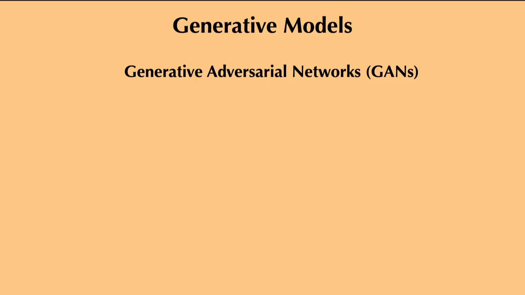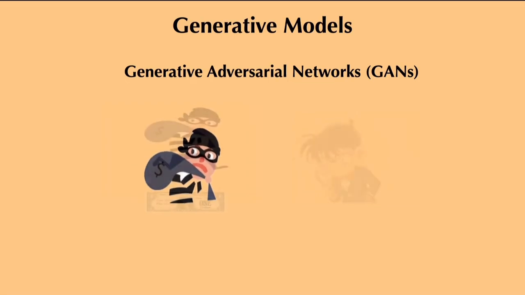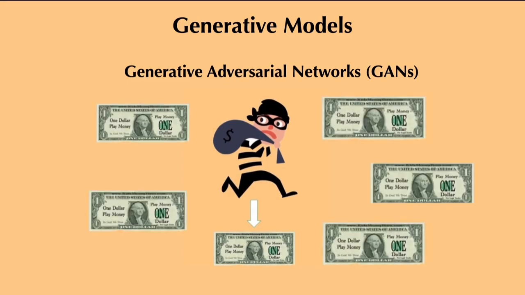Imagine we're in a world where two characters are competing. One is the generator and the other is the discriminator. Let's first talk about the generator. The generator's job is to create fake money. However, this isn't just any random money. It needs to look as close to real money as possible. So, it uses the data it's learned about real money to create fake versions that can trick someone into thinking